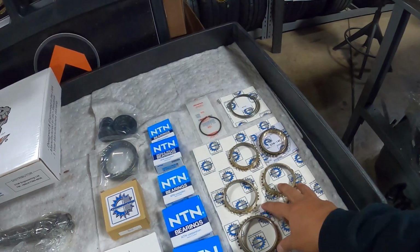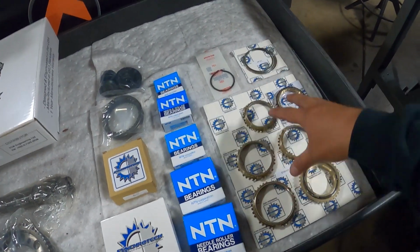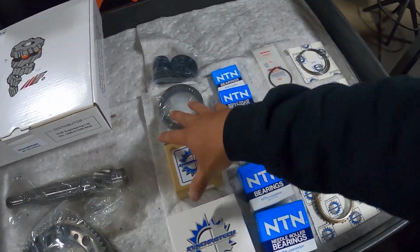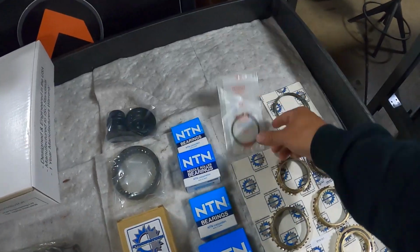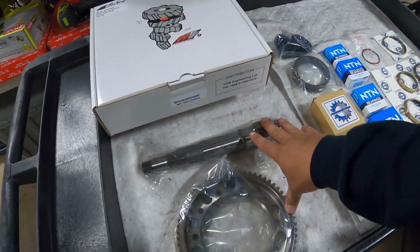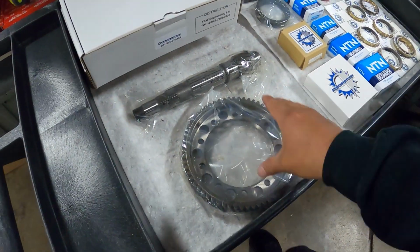Here I've got a complete carbon Synchro master rebuild or refresh kit from Synchrotech. Got all the Synchros, all new bearings, sliders, all seals, the Synchro springs, new clip for the bearing, and of course I went with the MFactory 4.9 final drive. This thing does have an MFactory helical LSD in there, so we're going to spice it up just a little